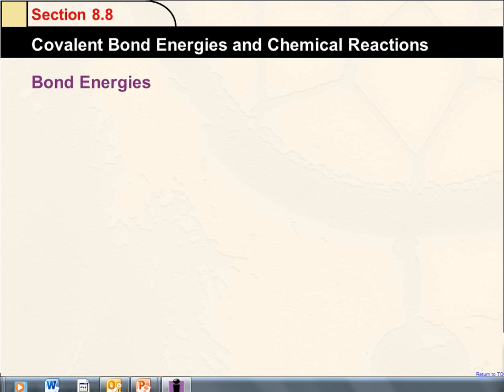generalizations about the energies of each bond according to the number of electrons they are sharing. So if you remember, a single bond shares 1 electron, double bond shares 2 electrons, triple bonds share 3 electrons. The more electrons that are shared, the greater the bond length. So if we kind of summarize that,